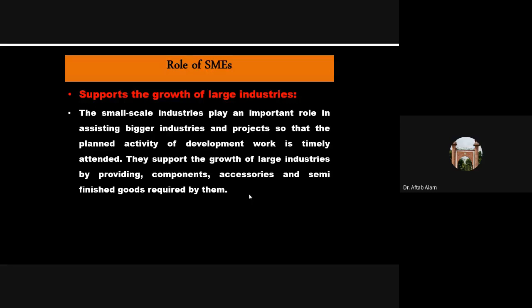So SMEs help complete the project in time. It helps the bigger industries by producing much needed equipment required by the large scale industries itself. It provides components, accessories, semi-finished goods required by the large scale enterprises. So this is another role played by small and medium enterprises, that it supports the growth of big industries in the economy. Moving quickly on to the next point,